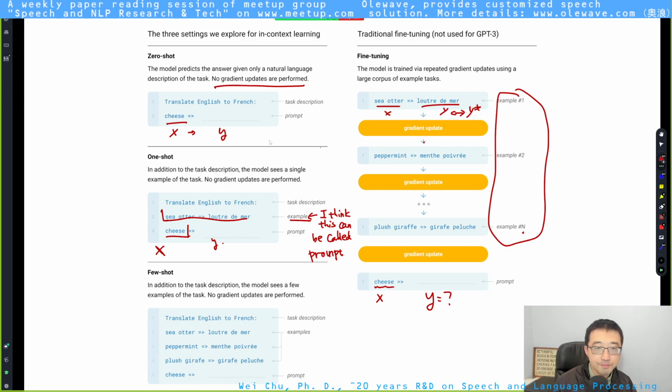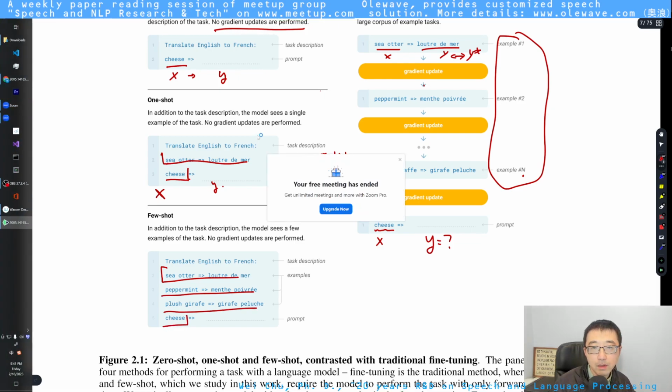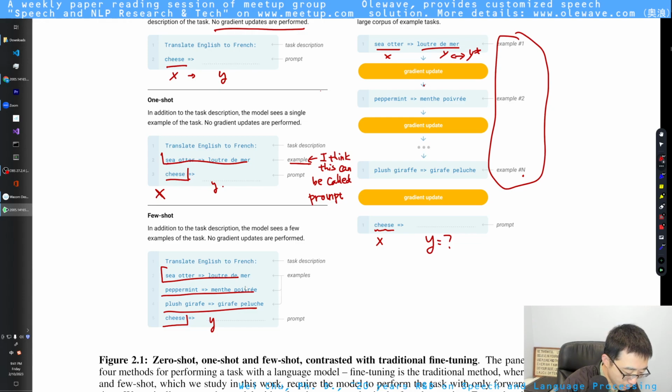Makes sense? And few shot is an extension of one shot. You just have more examples sending into the model, everything gets input into the model, and they expect you to output Y. So in this case, the system learns more on how to learn.